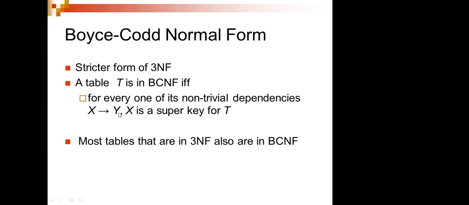That means whenever I'm saying X depends on Y, or Y depends on X. When I'm saying Y depends on X, I get an arrow like this. If I'm saying X depends on Y, then it will be in the opposite direction. When having such things, you have to say that X is a super key. X and Y are the attributes of table T, and whichever one the other depends on is called the super key of T. So T is a table, and here X is a super key because Y depends on it.